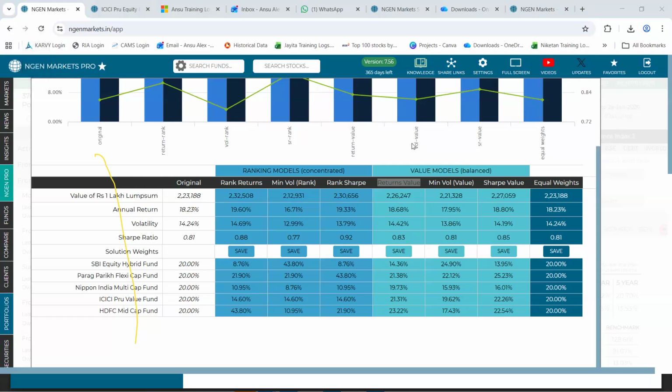The reason the value models come out as more balanced is because in the ranking approach, the way we create the weight is, here you can see HDFC Midcap has the highest rank, highest weight. So it must have got the highest rank. That means it came first, so its rank was one. So its weight before we normalize weights would be 1 divided by 1. The next weight, which here looks like ICICI Pru Value, will be 1 by 2, so 0.5. And then the next one will be 1 by 3, the third rank. So it'll be 100%, 50%, 33%,